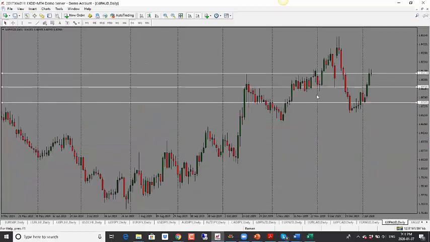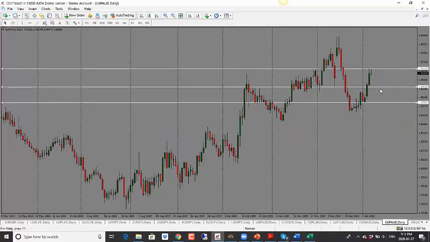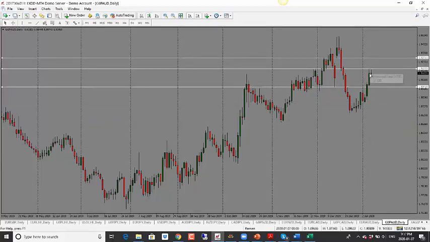Pound Aussie here, this is looking bullish as well, but price is into resistance. So if it's not able to break through today's high, we could see a drop. But overall, bias is bullish. Next target is 1.9280. But again, if it doesn't break through this resistance, we could see a drop. Just like on the other side here, price had trouble getting through this level. It went up, dropped before it continued higher. So same thing here, we could see price drop into 1.8950. So bias is to the upside, but with caution.